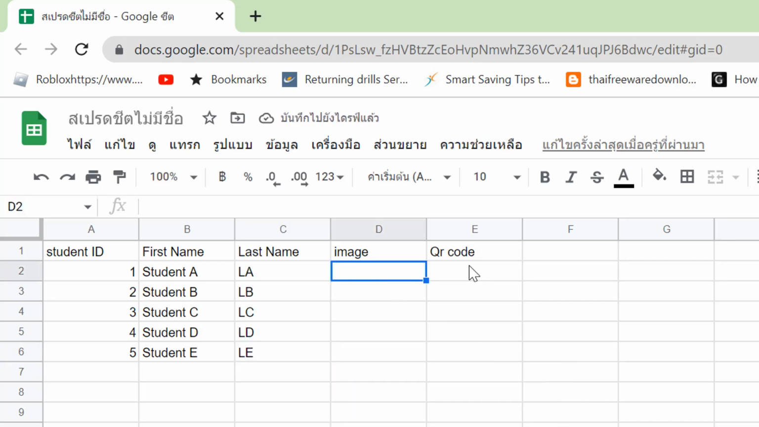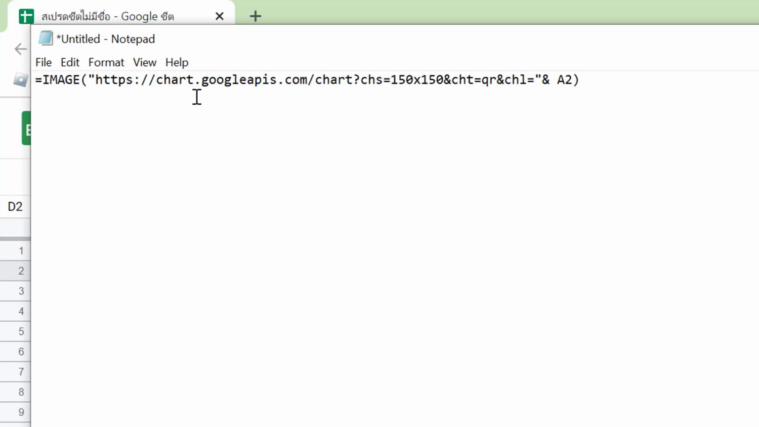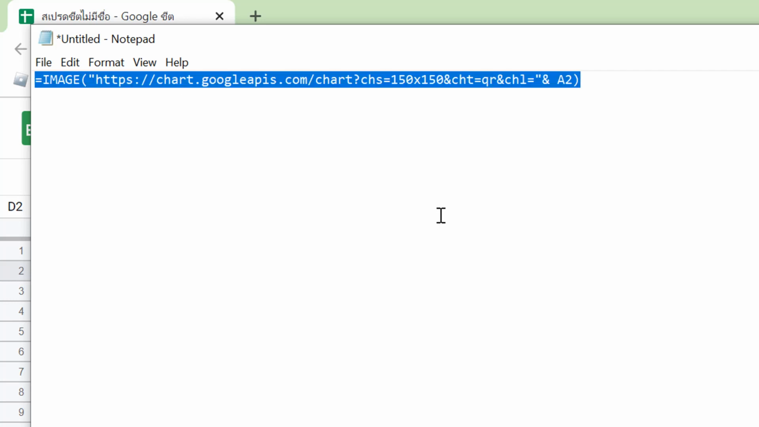Okay, next for the QR code image, I have already created the URL link to generate the QR code. Okay, let's make the copy. I press Control A and Control C to make a copy for this. Also, I will